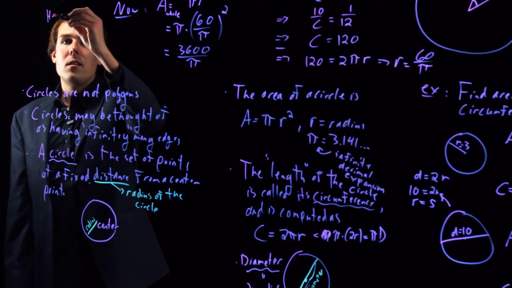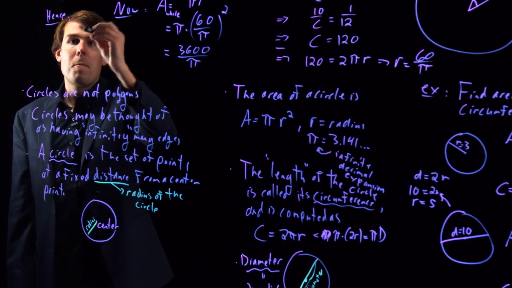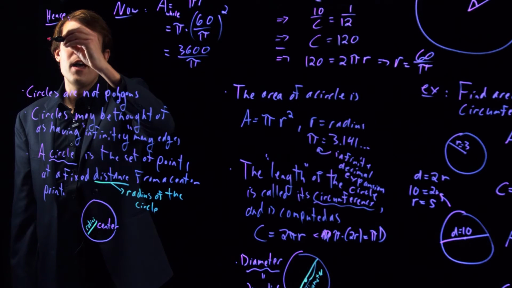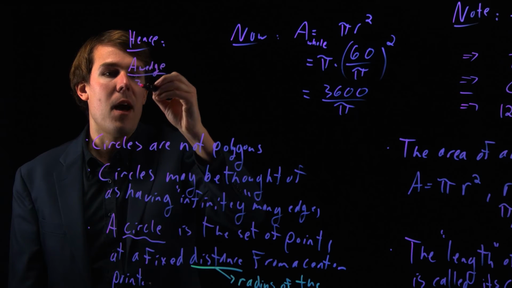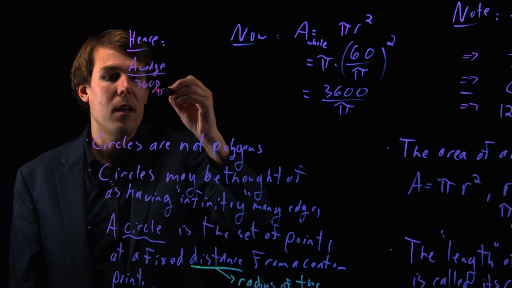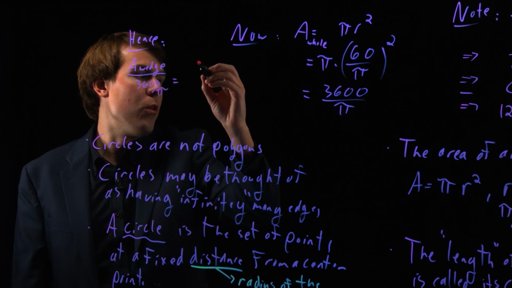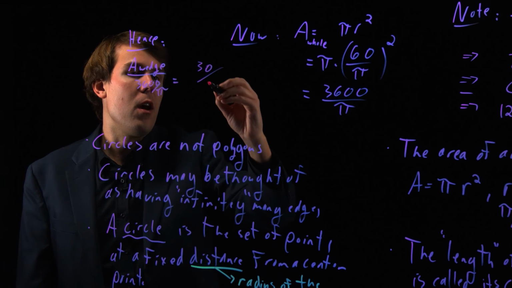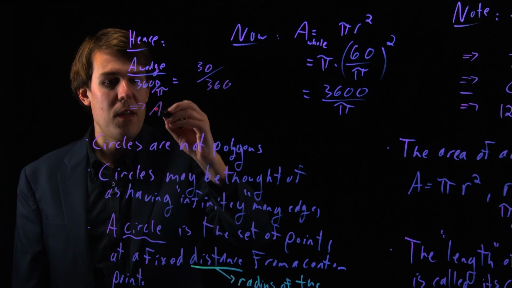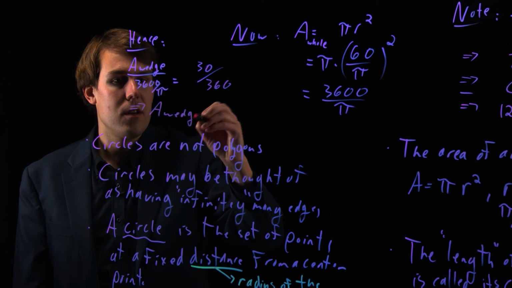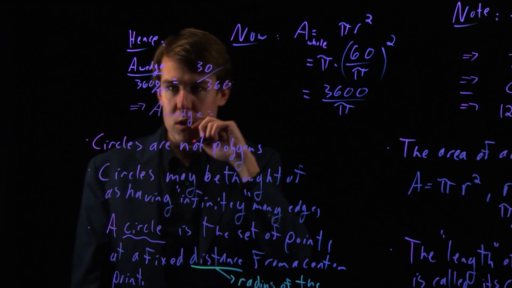So hence, the area of the wedge divided by 3,600 over pi is equal to 30 over 360, so that the area of the wedge is equal to